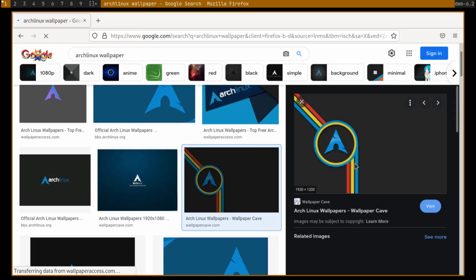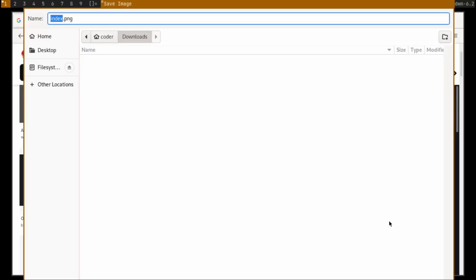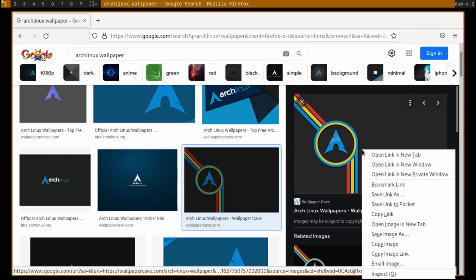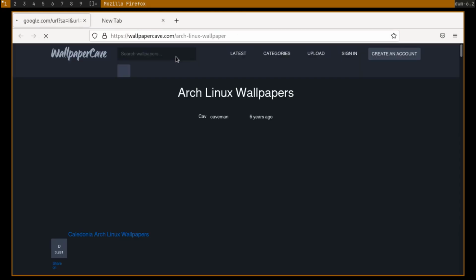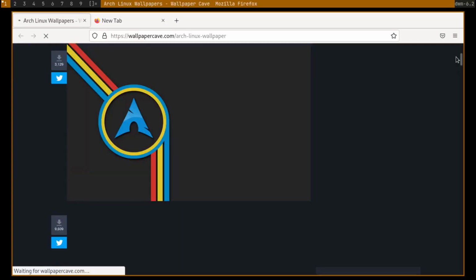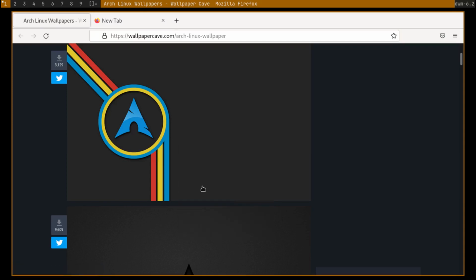Just right click, let's do save image as, and oh, what's happening? We'll just open image tab.